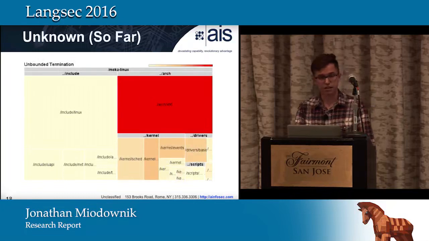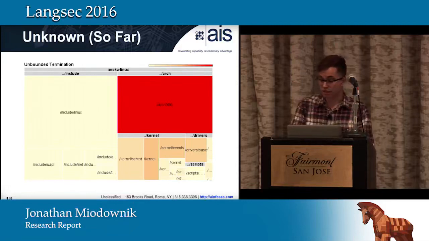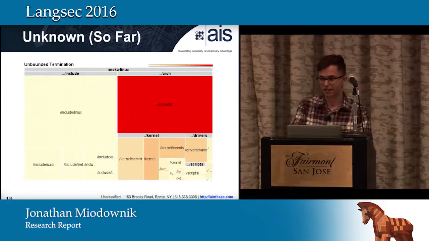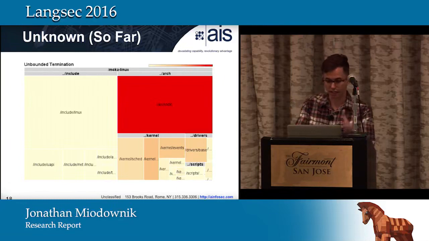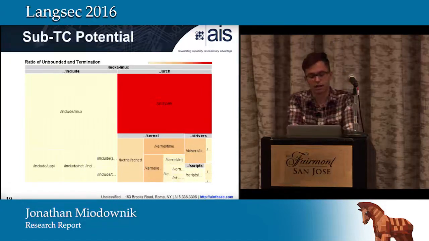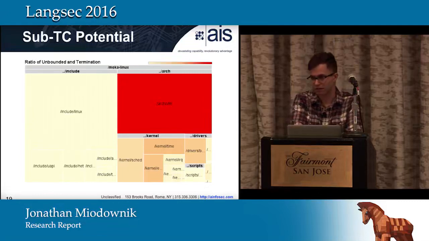As far as unbounded, and when I say unbounded, I'm erring on the side of caution, so we don't know yet, we haven't determined. Same thing, we have a tremendous number of loops in ARC. You see a much more heavy weighting now to drivers, and also some of the scheduling and event handling in the kernel subfolders. But again, almost nothing in include Linux or the include folder at all. So just to get a feel for where we could be directing our efforts if we had to do manual analysis,